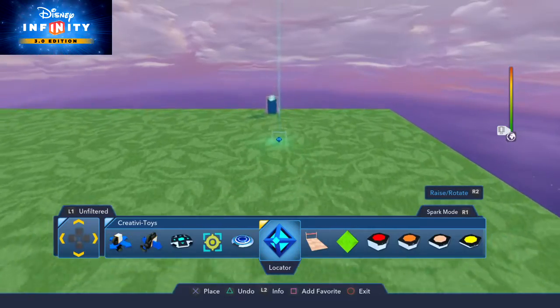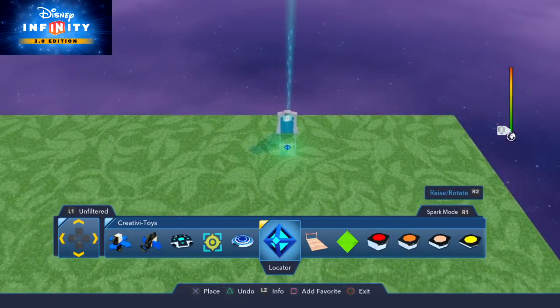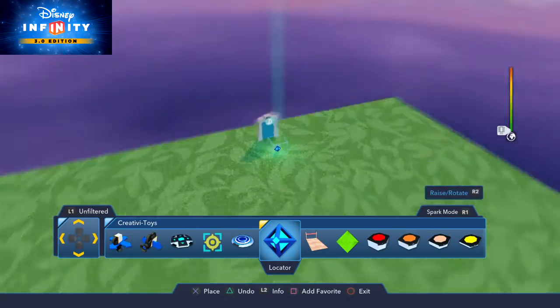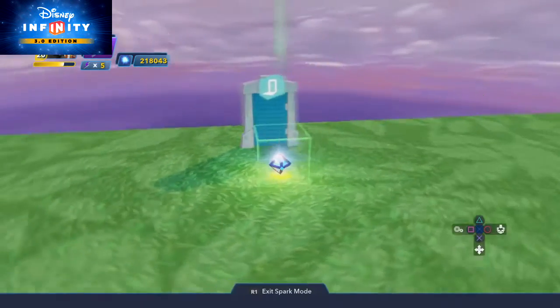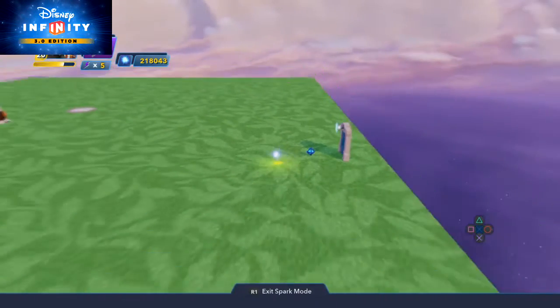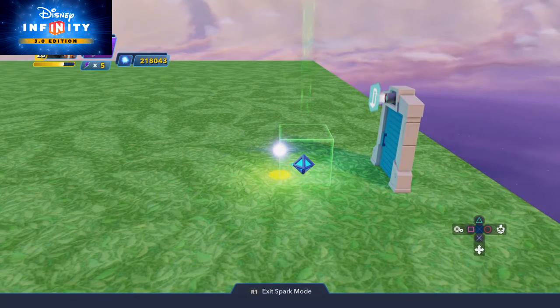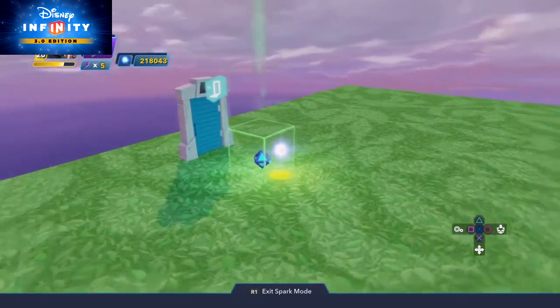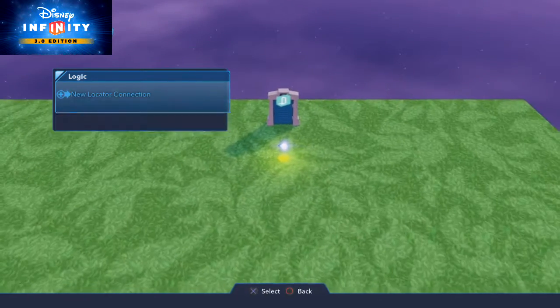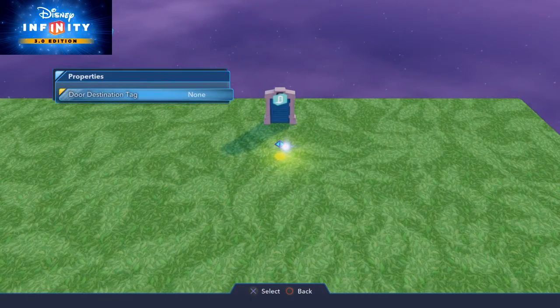And we're going to take a locator, and we're going to put it right in front of this door, and this little blue knob on the locator, if you can see it right here pointing to our left right now, that shows what direction a player or a spawned object is going to be facing that is hooked up to that locator. Now with this locator, I'm now going to go into properties, and you'll see door destination tag,